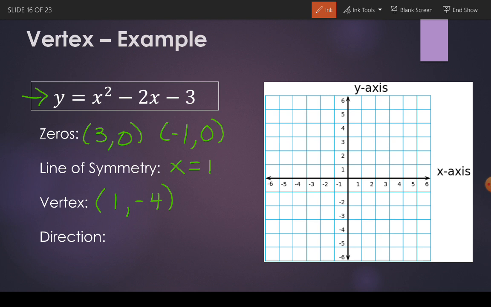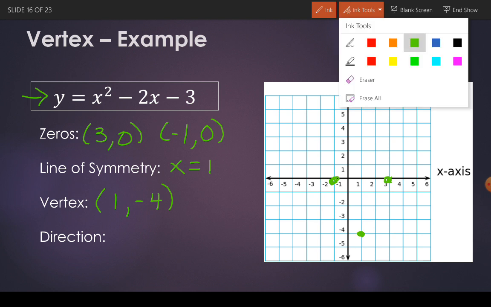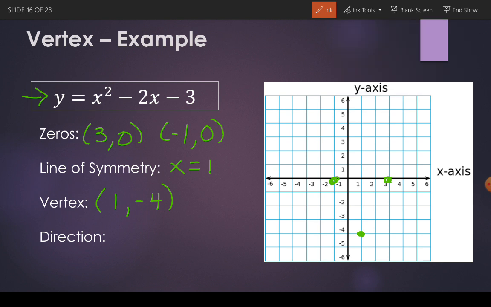Well, we have 3, 0. We have negative 1, 0. And then our line of symmetry should be at x equals 1. Our vertex is at 1, negative 4, which is down here. And we're going to connect our graph. And it's going to be up like a cup. So the direction of our graph